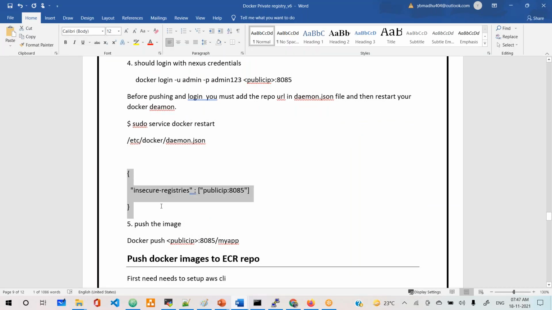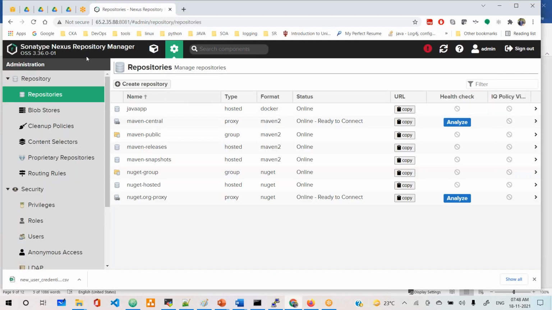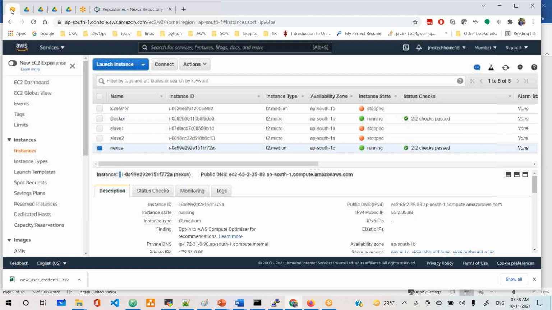As I told yesterday, you can also set up a Docker private repository, instead of on the same machine, just run it on a different machine. That time also you need to add it here. You can add multiple repositories, comma separated. It's an array, so you can give a comma and then add any number of servers here. What is the server public IP here? Take your Nexus server public IP